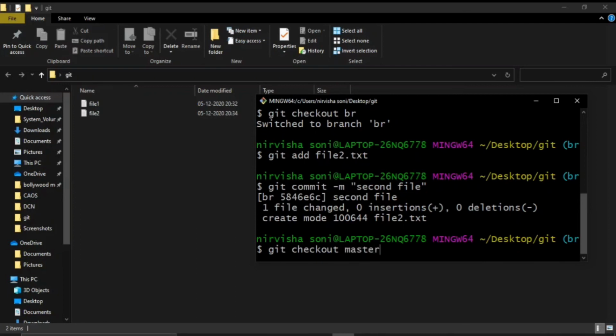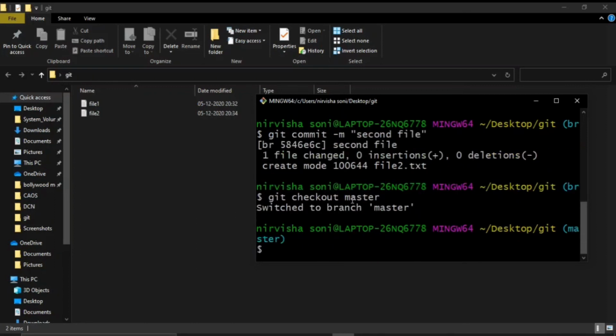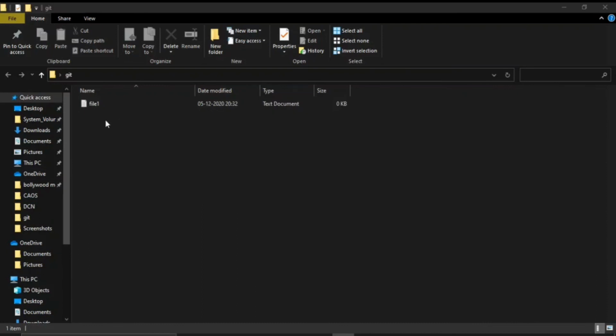So I'm going to write master here, and as soon as I press enter, you can see that file 2 has vanished from here. Why? Because we haven't added file 2 in our master branch. We only added that in our BR branch. So that is why this branch now that you see in front of you is our master branch, and that is why it does not have our file 2.